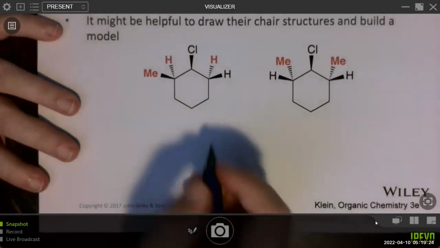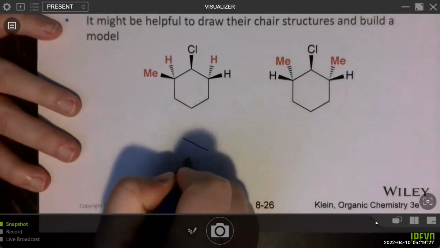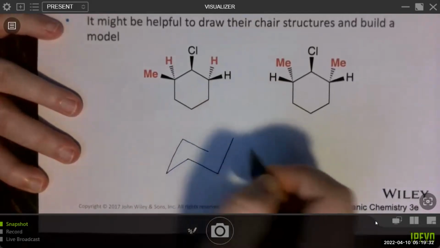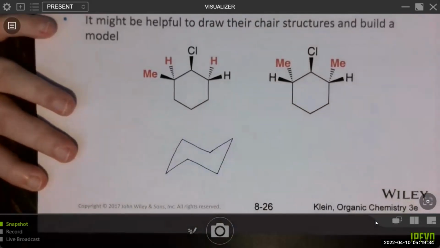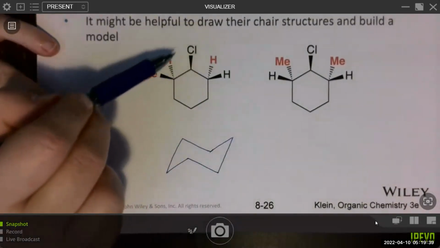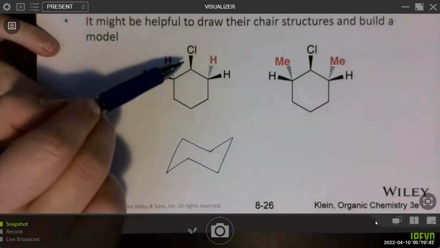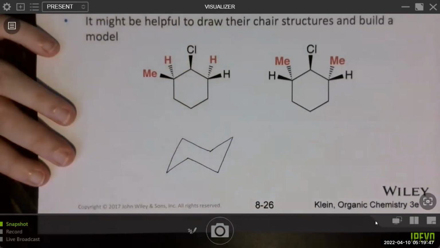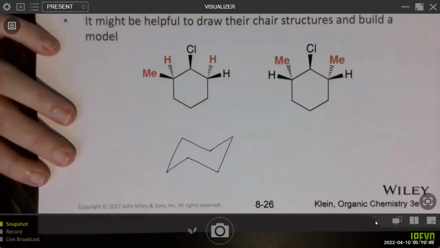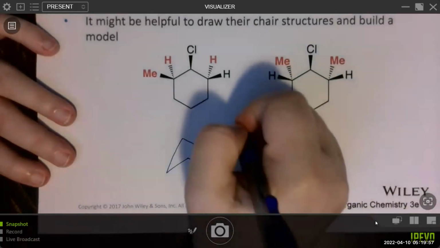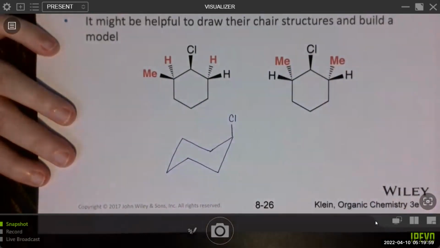Okay, so go ahead and draw any chair conformation of your choice. We are going to specifically want to draw a chair conformation where that chlorine is axial. So recall right now we know it's on a wedge, so it's up, right? But it needs to be in an up and axial position, not in an up and equatorial position. So the easiest place to put it is probably here because this is a nice up and axial position.